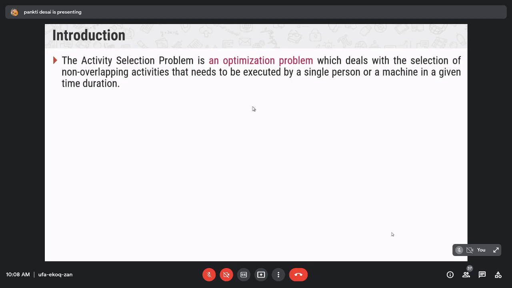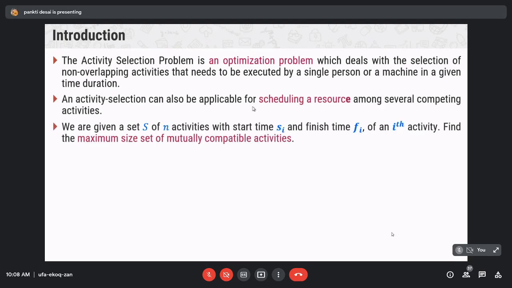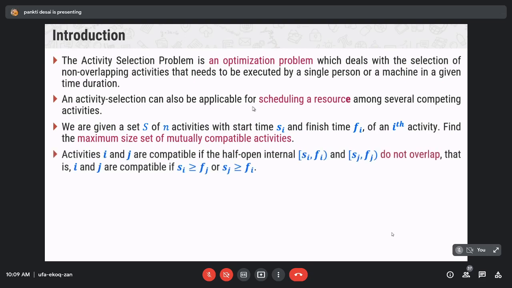Now activity i has a starting and finishing time, denoted by si and fi. si means starting time and fi means finishing time. Then the activity selection problem is to find a maximum size subset A of mutually compatible activities.